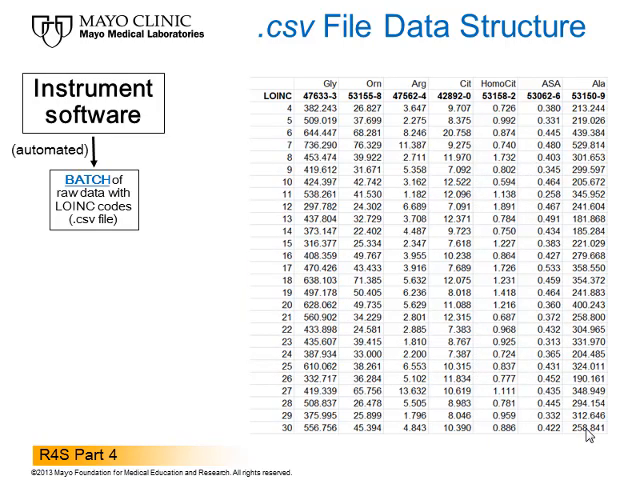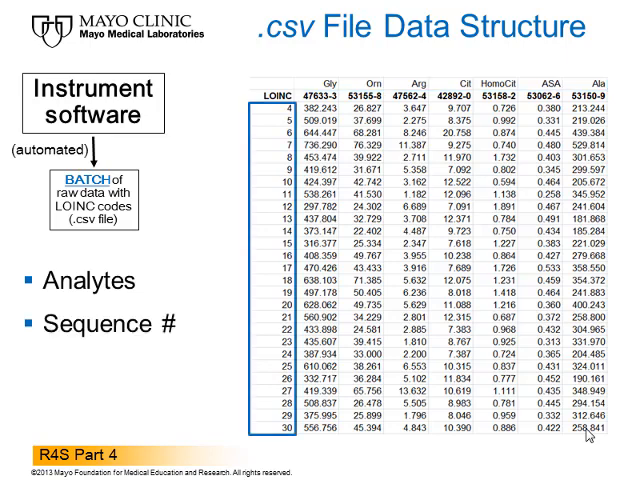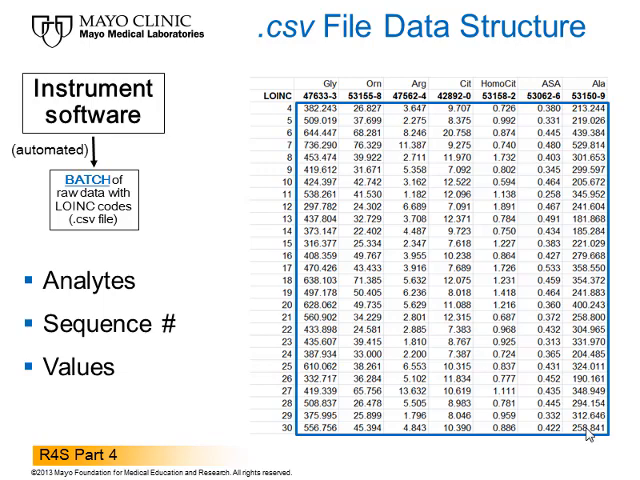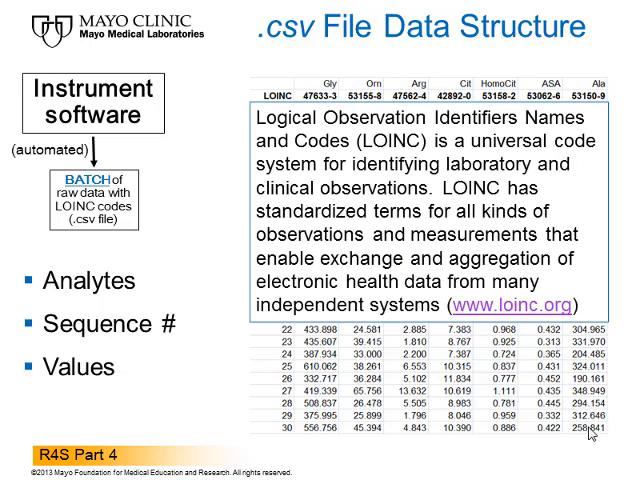The data elements of a CSV file are the following: the analyte abbreviated name, the sequence number, the analyte results, and a very important new element, the LOINC code. LOINC stands for Logical Observation Identifiers Names and Codes, which is a universal code system for identifying laboratory and clinical observations. As stated on the home page of a website maintained by the Regenstrief Institute at the University of Indiana, LOINC has standardized terms for all kinds of observations and measurements that enable exchange and aggregation of electronic health data